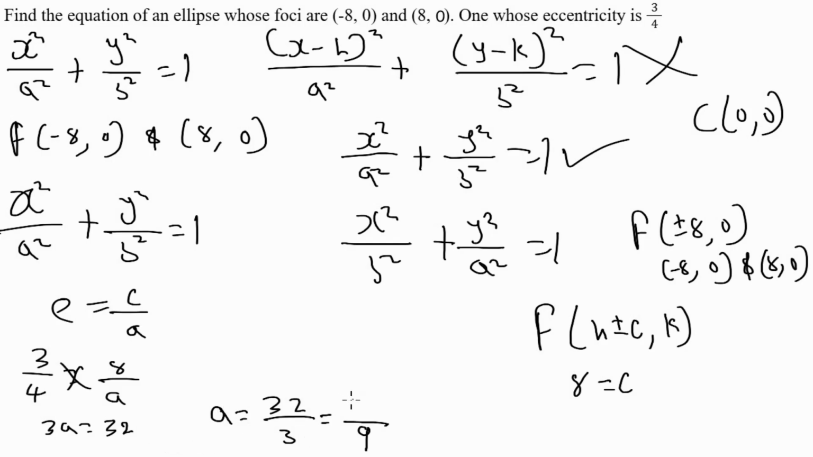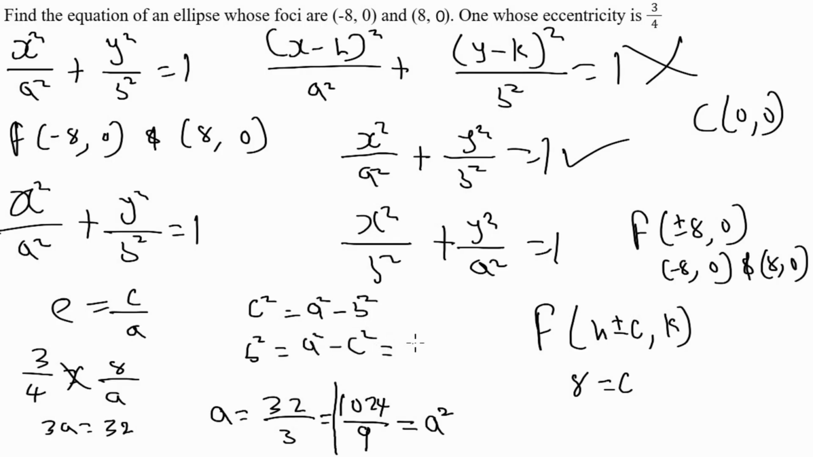Okay, for 32 squared, I got 1024, as I said. So basically now we need the value of B squared. Now we said that C squared is equal to A squared minus B squared. Now if we solve for B squared, it will be equal to A squared minus C squared. C is 3 over 4, and A squared is